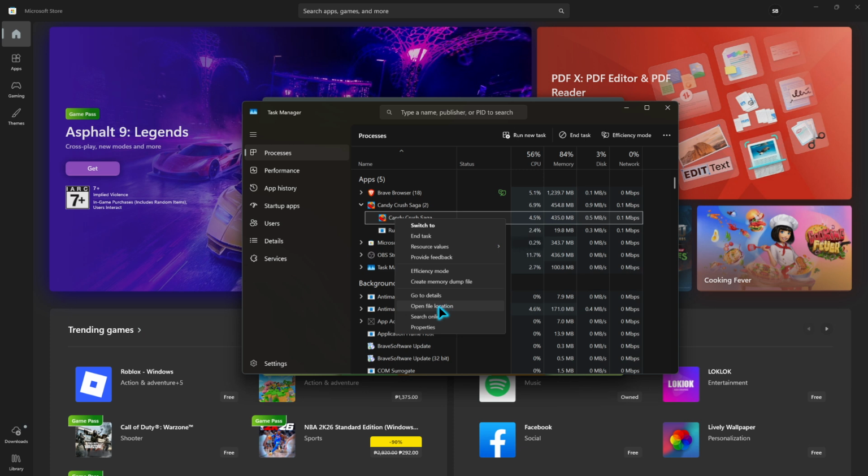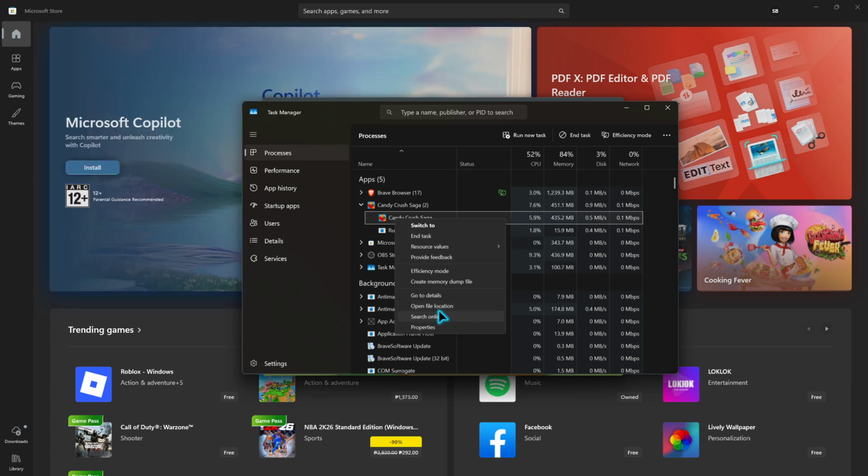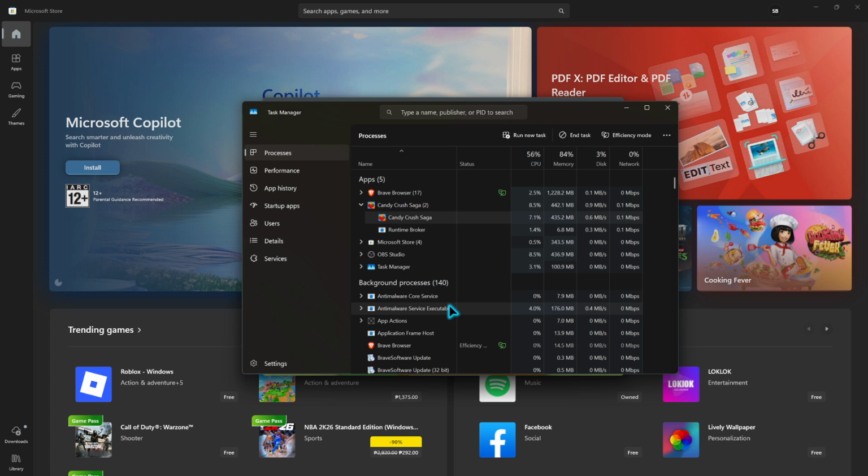That's all there is to it. With the app running and a quick visit to Task Manager, you can jump directly to the Microsoft Store app location in just a few